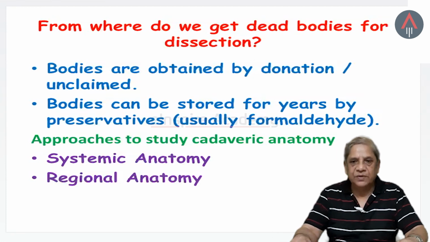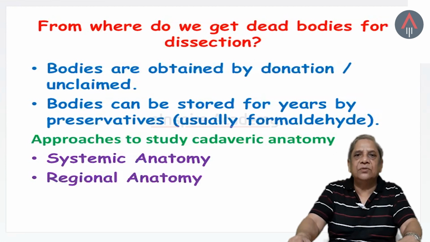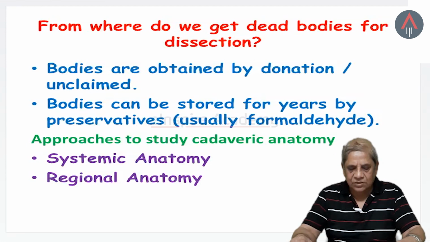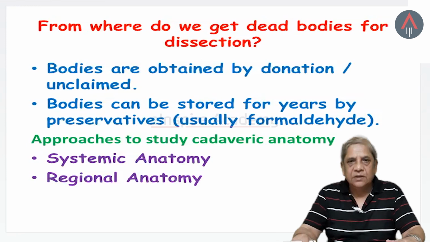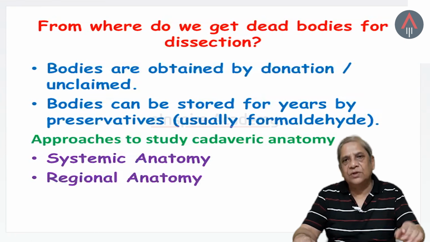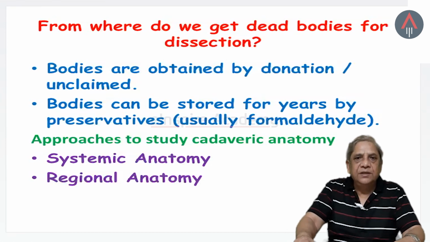When there is nobody to claim a dead person, usually the beggars who die by the side of the road, police bring this dead body to the medical college for this dissection purpose. Okay, but nowadays most of the dead bodies which we receive in the anatomy for the dissections are donated bodies, and because of that, now more and more people have started donating their dead bodies, and the scarcity of dead bodies has eased out a little.